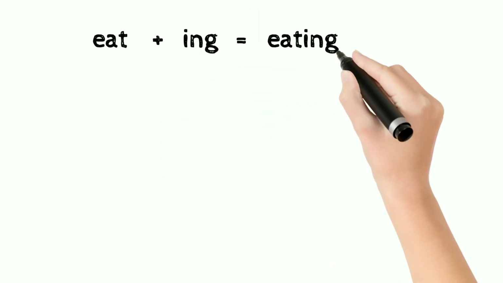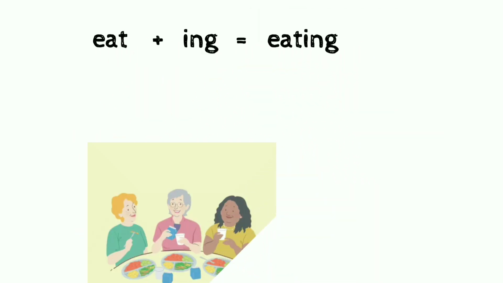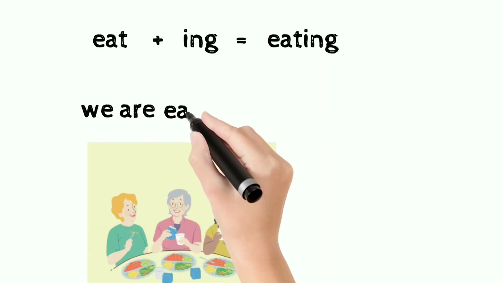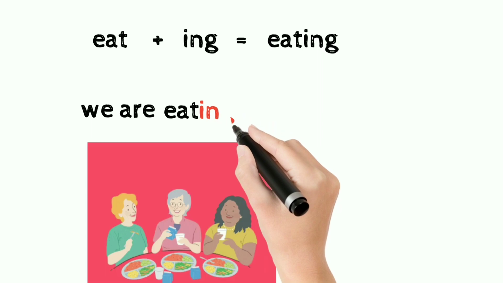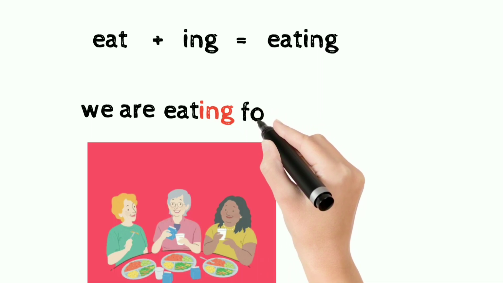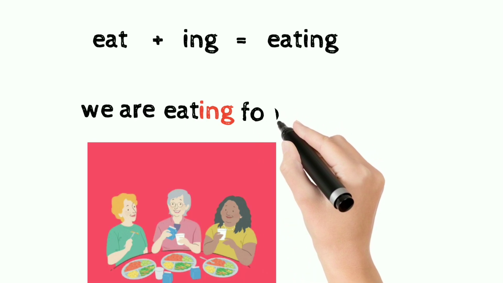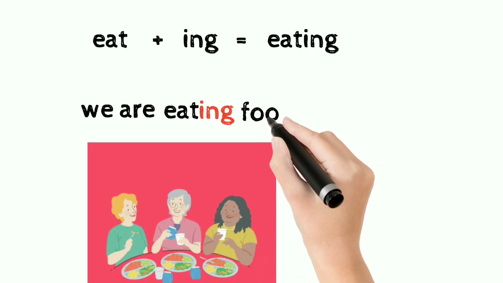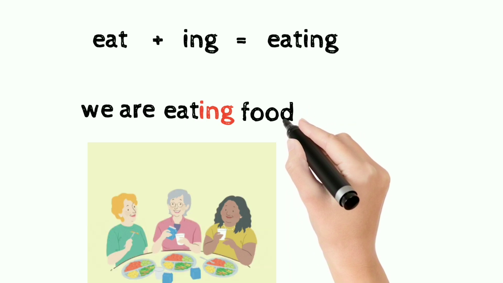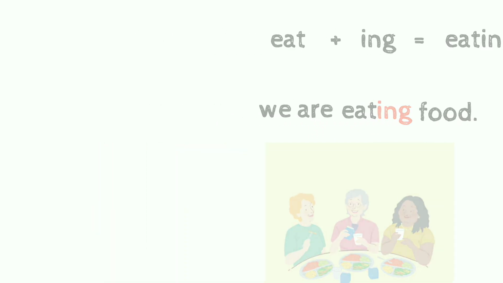Okay. Eat plus ing, eating. We are eating food. ठीक है, इसमें ing लग गया है तो ये प्रेजेंट चल रहा है, मतलब हम खाना खा रहे हैं. वी आर ईटिंग फूड. ओके. नेक्स्ट एग्जाम्पल इज